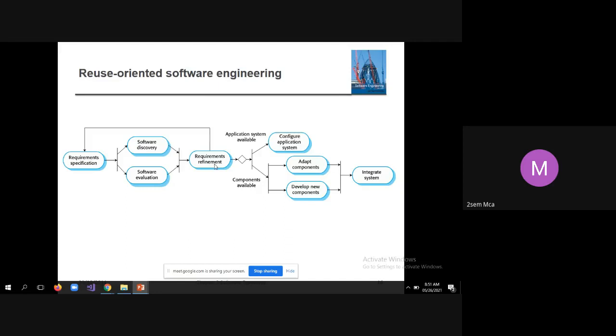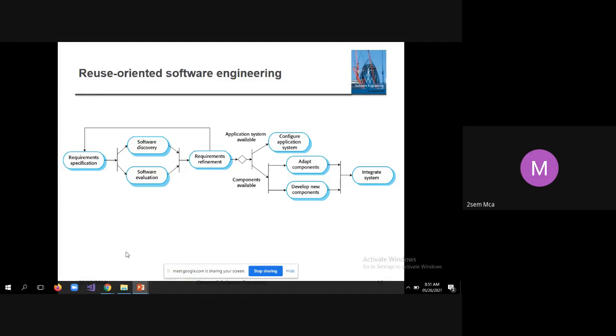Then requirements refinement. Then you should tick mark, isn't it? Yes, this component is found. Okay, so to implement this particular functionality, I found the software. So that you need to update in the SRS document, that is requirement specification. Then you search for the remaining components. What other components are there in company's repository, so that I can reuse the software code. So which will greatly save the developer's time.